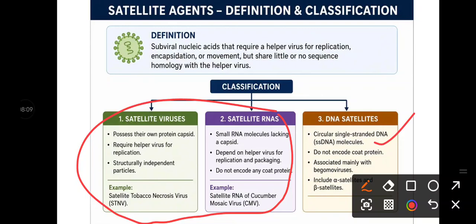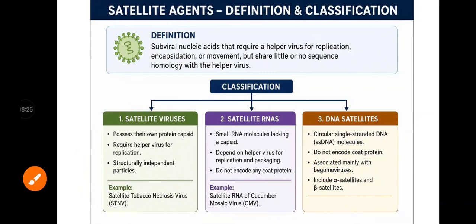And satellite DNAs, they don't code for coat protein. They are associated mainly with begomovirus. So very few DNA satellites are there, and examples are alphasatellites and betasatellites. Okay. So this is about the classification of satellite agents. Next,